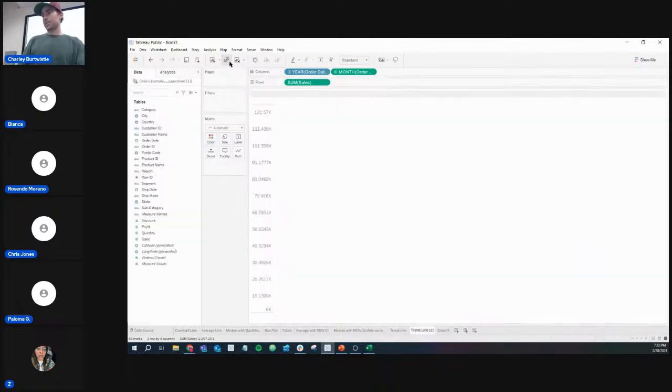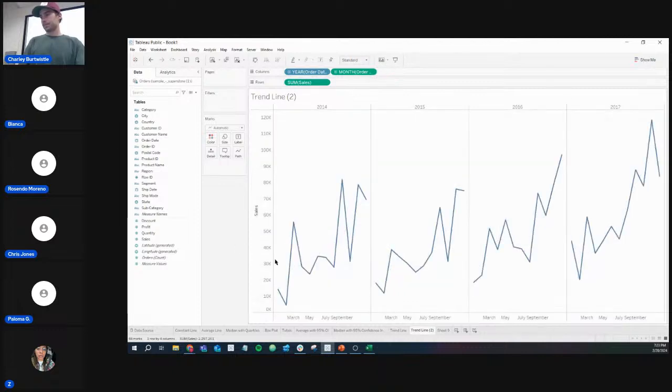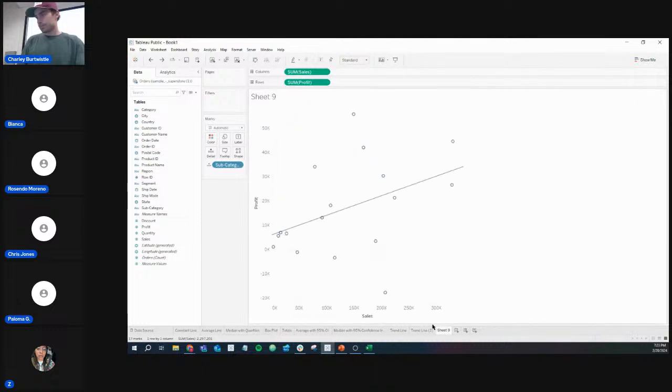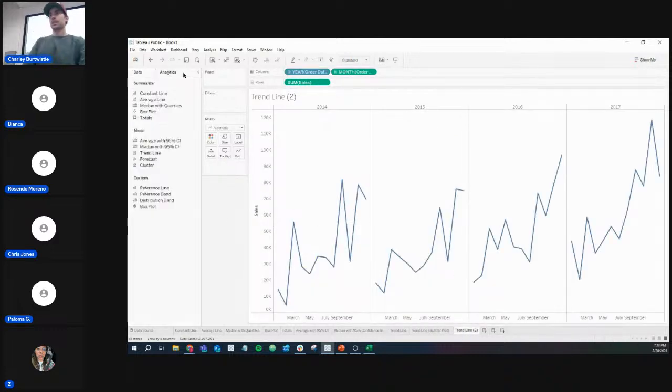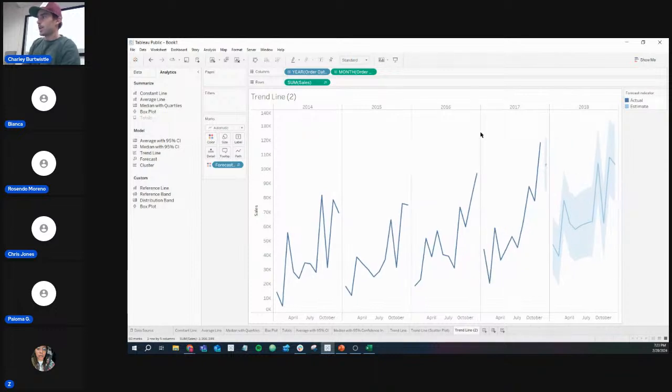Let's go ahead and duplicate this one. Sorry, I'm going to rename this too. Okay, so here's a duplicated view. I drag the trend lines off to the side. Let's go back to Analytics and bring in a forecast. Only one option here. Bring it in, and now it is showing,